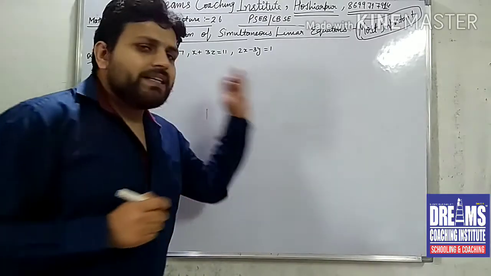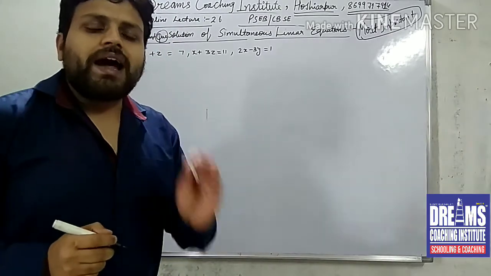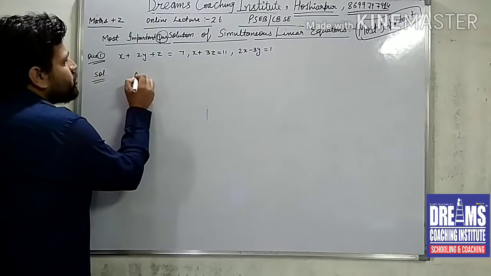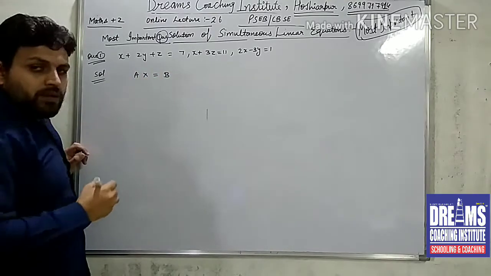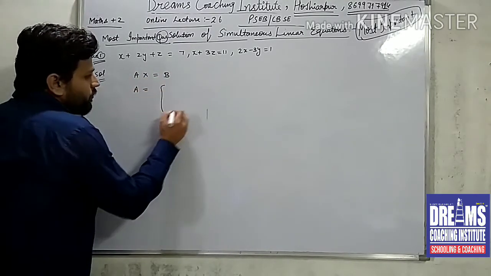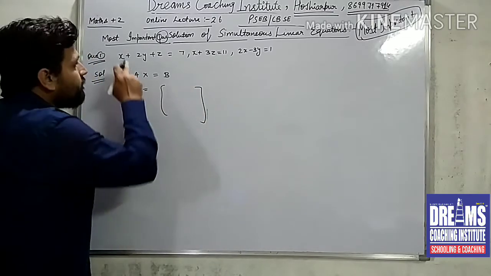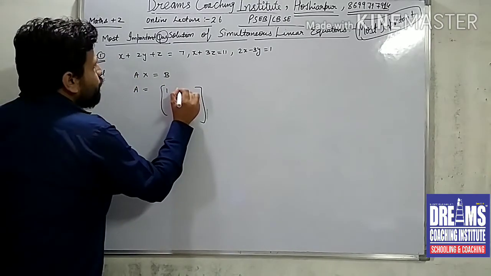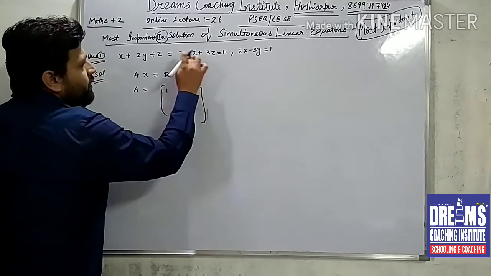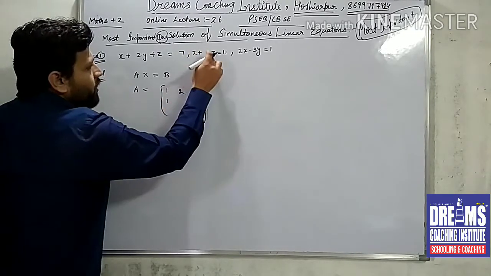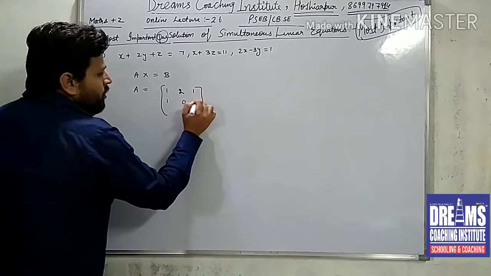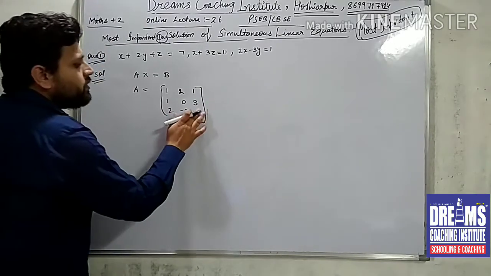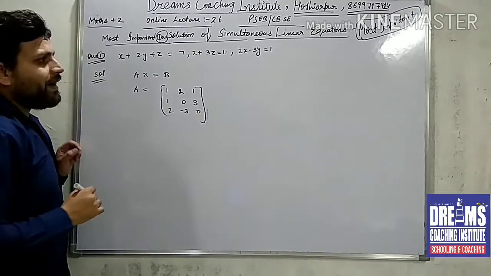And जैसा कि आपको बताया था, these are the three linear equations and we will write them in a matrix equation. तो मैं इसको मैट्रिक्स इक्वेशन के फॉर्म में लिखूंगा। तो मैट्रिक्स इक्वेशन कैसे लिखते हैं? AX equals B. So this A will be a matrix, the coefficients of x, y and z in these equations. Here x coefficient 1, y का 2 और z का 1. In the second equation x coefficient is 1, y is 0, y नहीं है तो बेटा 0, z is 3. In the third, 2, minus 3, here z is not available, so z is 0. So this is matrix A.